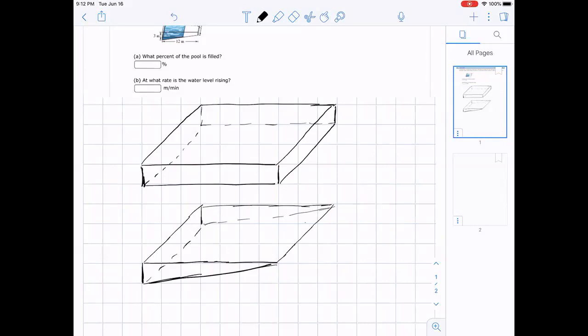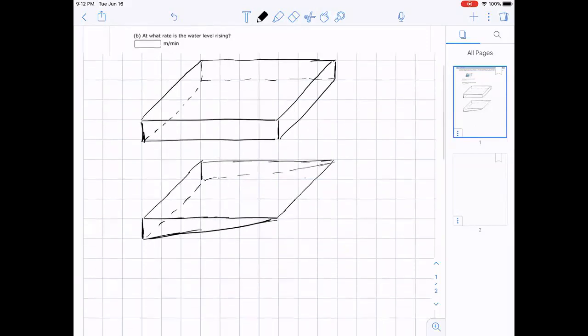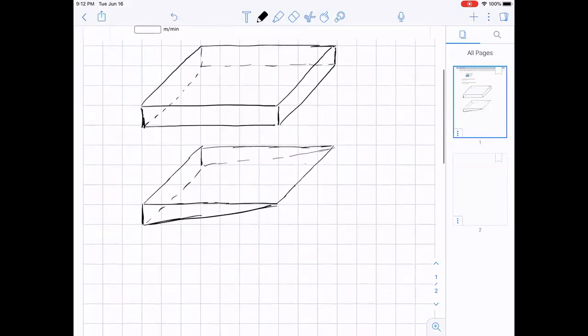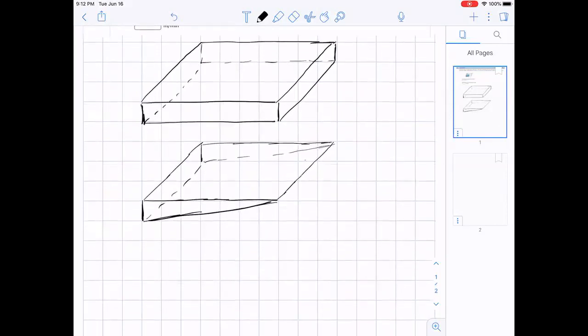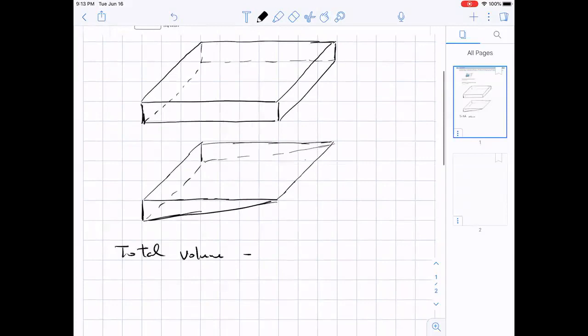So basically this is my two pictures that I have here. If you combine those two pictures, that's the total volume of the pool, and I separate them just so you can see. So the total volume would be this triangular-looking part plus that rectangular part. So it's the bottom volume, which I'll call A, volume of A